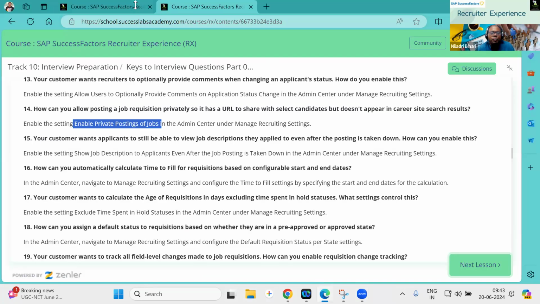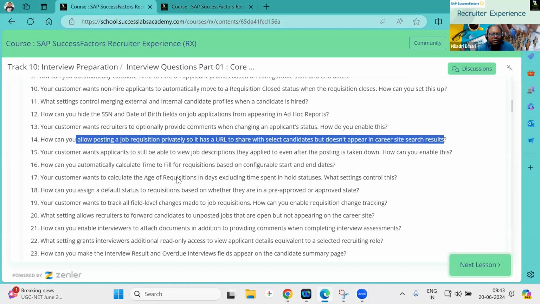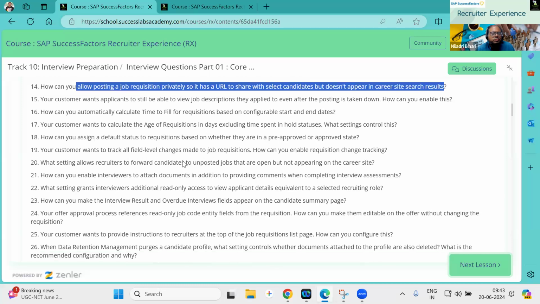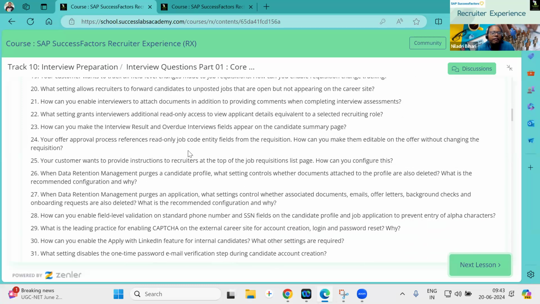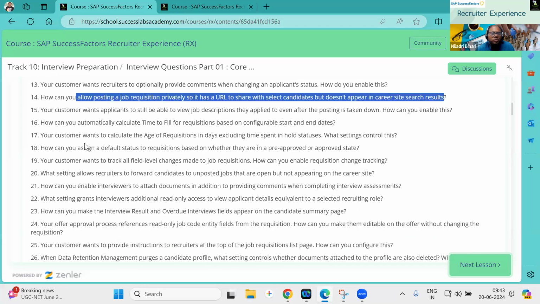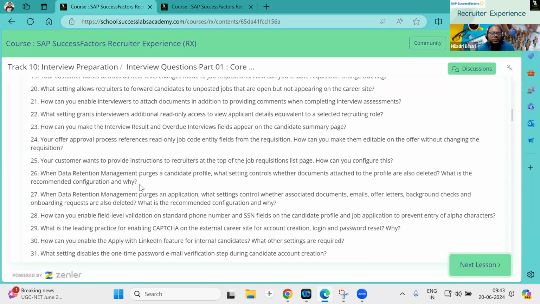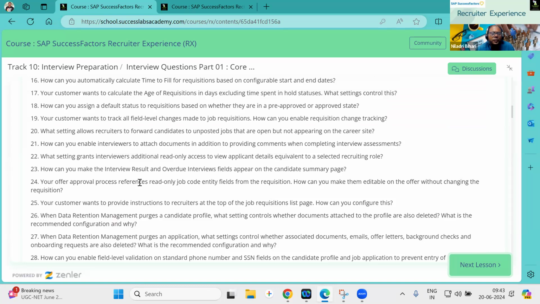Now moving on to the next. I will be skipping a few questions for the interest of time, and I will directly go to other questions. You can go through the ones I skipped; they are already on my platform. So let's say I will pick up one question from the interview process.